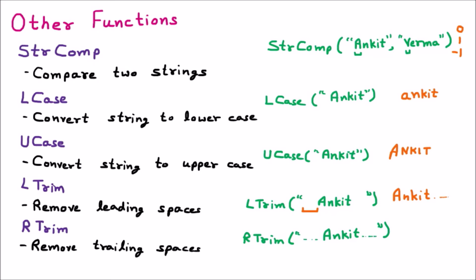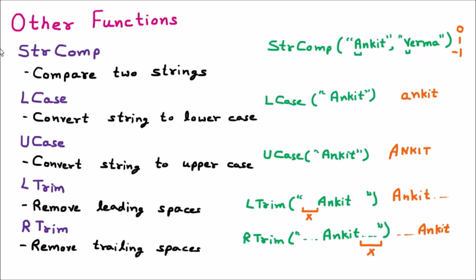Now we are applying the rtrim function here. So it is going to remove the spaces which are after the name. So that means trailing spaces are removed. So the earlier spaces will be the same as they are, then afterward we provide the name, then the trailing spaces are removed. So we should know that if we talk about the ltrim function, it is going to remove the leading spaces. And if we talk about the rtrim function, then it is going to remove the trailing spaces.